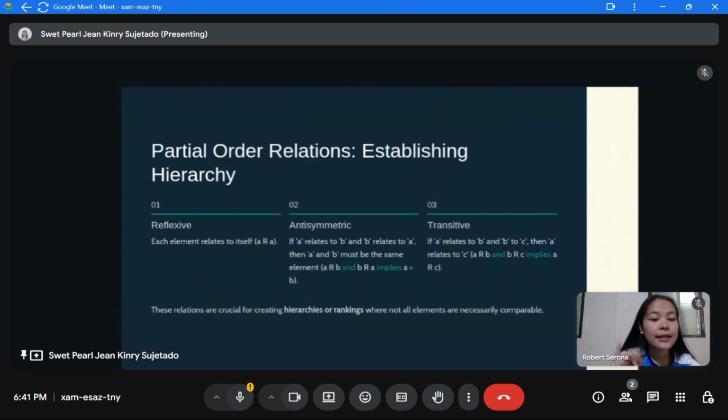Reflexive, antisymmetric, and transitive. Reflexive, everything is related to itself. Antisymmetric, if A is less than or equal to B and B is less than or equal to A, then A and B must be the same. Transitive, if A is less than or equal to B and B is less than or equal to C, then A is less than or equal to C. A perfect example is the divisibility relation. We'll see how numbers can be arranged in levels like a family tree. Let's walk through